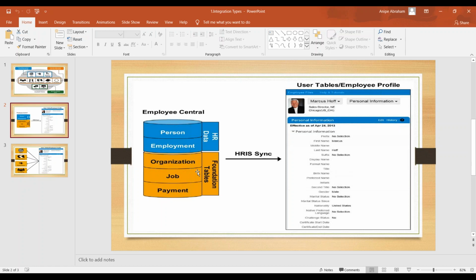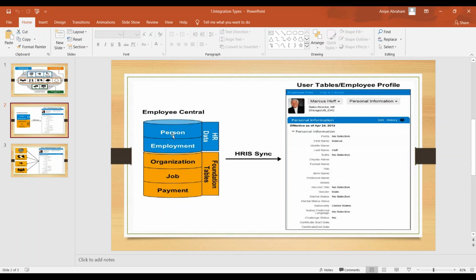These fields are located in different portlets in the Employee Central system, in the person object and employment objects. Let us say personal information. In the personal information portlet of the employee profile, you have something called first name. Now I want the first name to be automatically updated in the employee profile. How do you do it? It is simply because of the HRIS sync. Where do you configure it? It is in the succession data model, or in the current versions, you can directly do it from Manage Business Configuration as well.